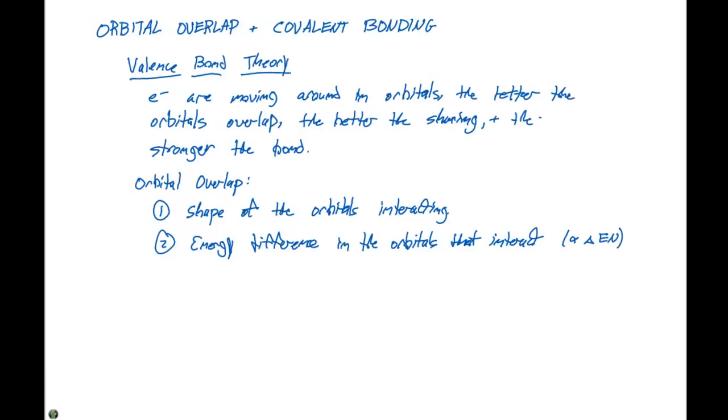So if the orbitals have a shape that allow them to interact well, we're going to have strong overlap. And if the energy difference is very, very minimal, they're going to interact well. Okay? If orbitals have a much different energy, they're not going to interact well. So before we look into how these orbitals interact or how they could potentially form something called hybrid orbitals, let's go back to a wave-like picture of how